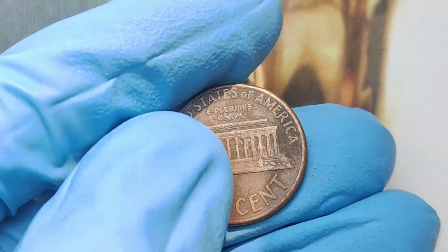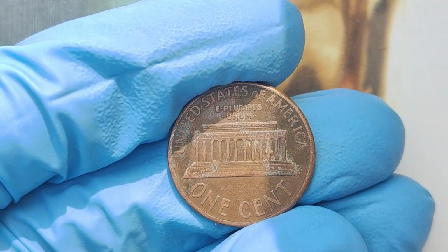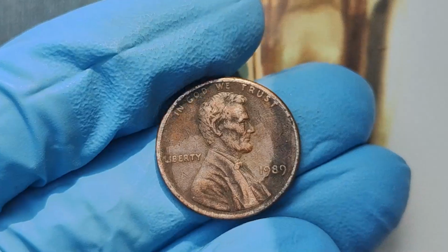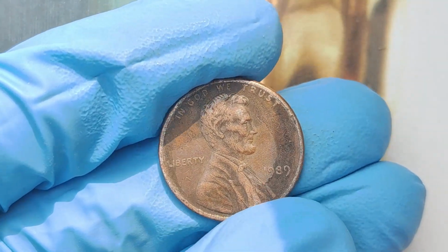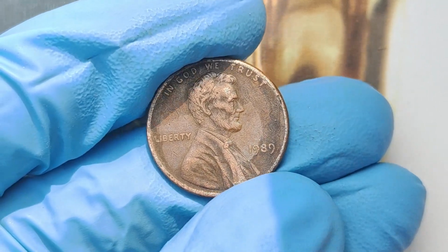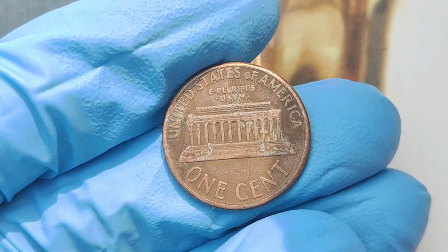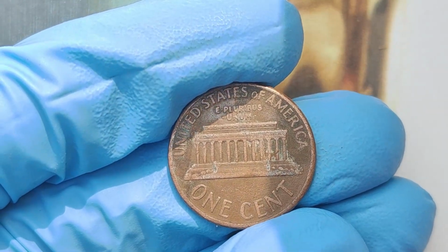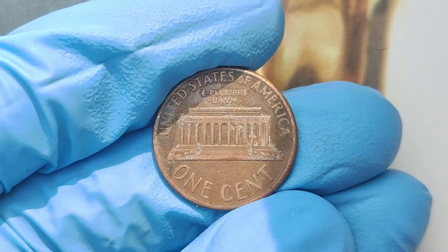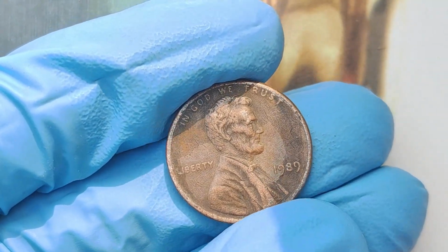So, what makes the 1989 no-mint mark Lincoln penny so special? It's all about rarity, demand, and a bit of history. Let's start with a quick backstory. In 1989, millions of pennies were minted across the United States, but something unusual happened. Some of these coins left the mint without a crucial identifying feature, the mint mark. The mint mark tells us where the coin was made, Denver, San Francisco, or Philadelphia. A missing mint mark? That's a red flag for coin collectors, a sign of a rare and potentially valuable error,